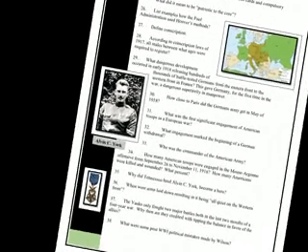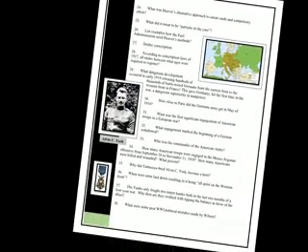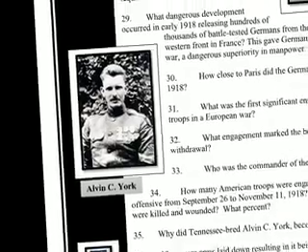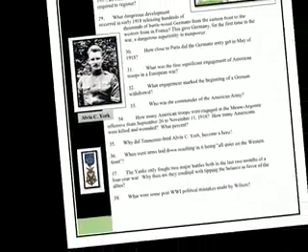So go ahead and continue to read through the chapter. Again, we don't have enough time in this short video presentation to go over every aspect of this worksheet, or every aspect of World War I, obviously. But please go ahead and read. Everything is in chronological order, and I'm sure you'll find all the answers without any trouble. As you are doing this worksheet, I'd encourage you to take a look more specifically at Alvin York. I believe this image is a link to some information about him and his heroics during World War I.